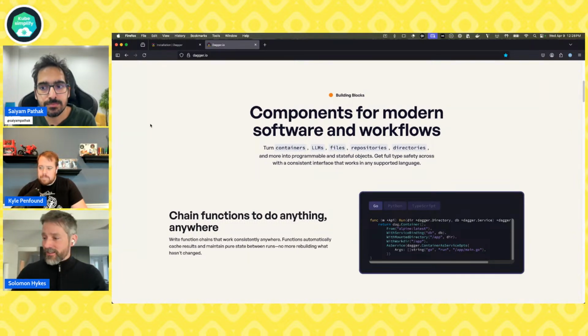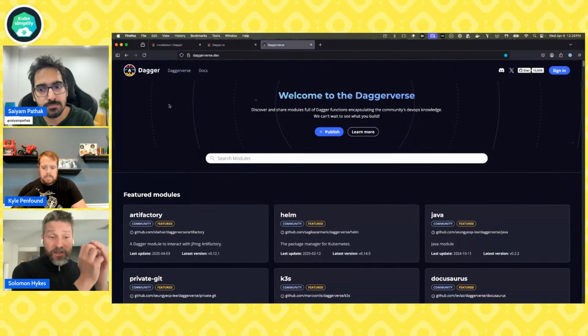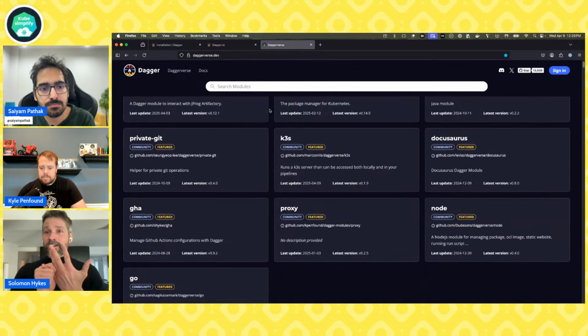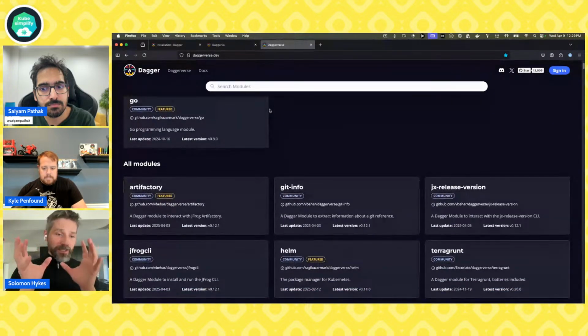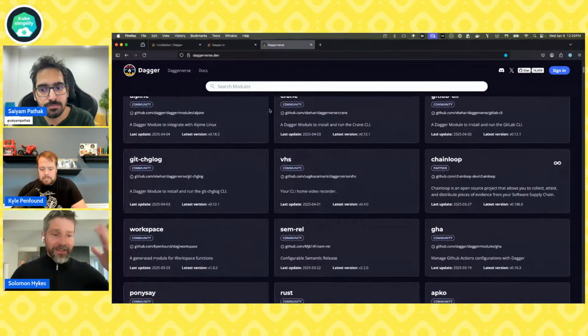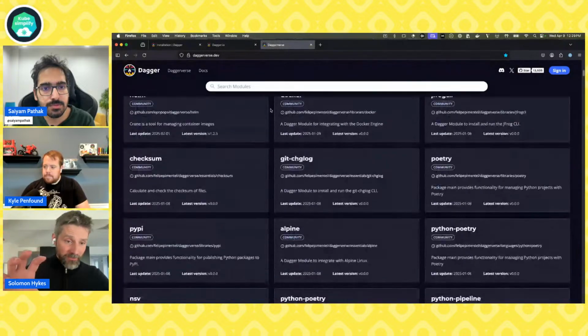The last thing I will mention is that it has a whole ecosystem of reusable components. So these functions that I talked about, you can write the code for them, but then you can share these functions in what we call a module. It's like a software package in the language of your choice. We support 5 different languages: Python, Go, TypeScript, PHP, Java. You write your Dagger functions in any of those languages. You package them into a Dagger module, and then you share that module on GitHub, on GitLab, any Git server, and anyone else using Dagger can reuse them.